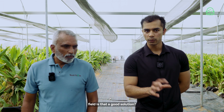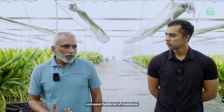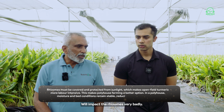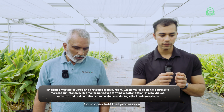What if I do without soil in open field? Is that a good solution? Again, if it's a high rainfall area, because coco peat holds a lot of moisture, that will impact the rhizomes very badly. Understood. So like sir was explaining before, in turmeric we don't want to expose the rhizome to light. So in open field, that process is a lot more labor consuming,